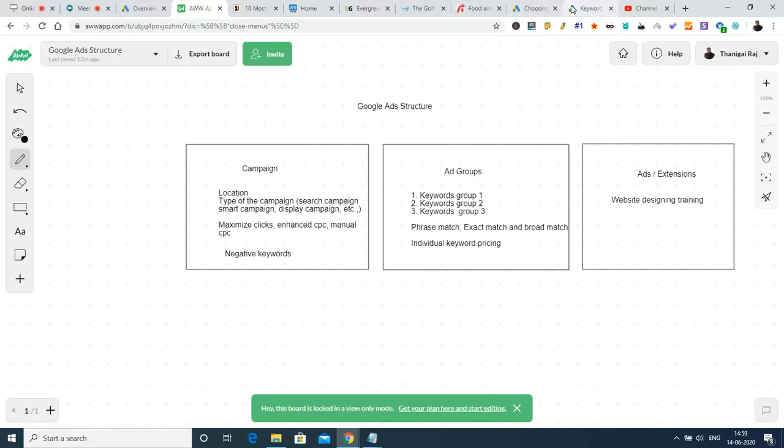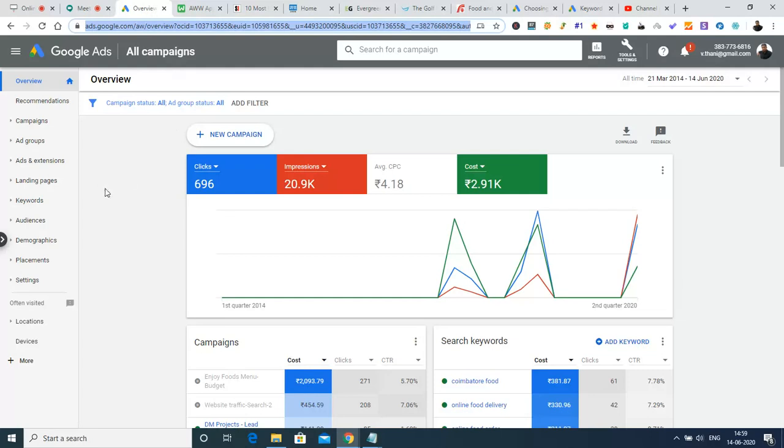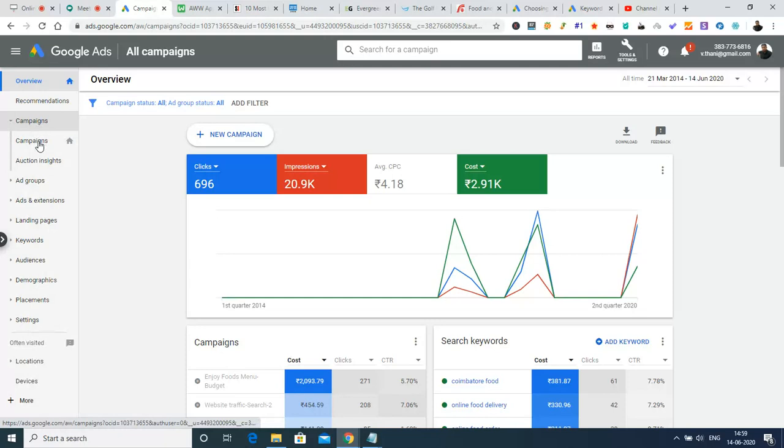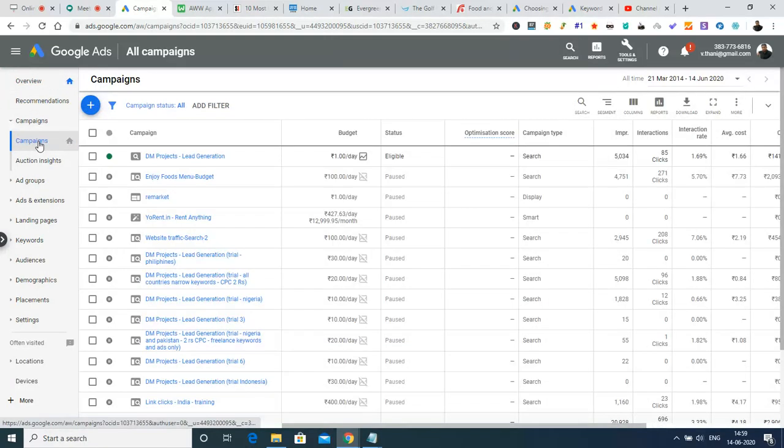The same thing will be reflected in the Google Ads platform, like whatever I had told: the campaigns, ad groups, and ads and extensions. These are the three things we will be using in our Google Ads platform. As I had told you, the campaigns is the master structure. Inside the campaigns, I will have all the campaigns I have created. So here I had created a basic